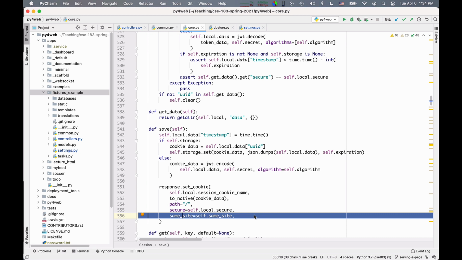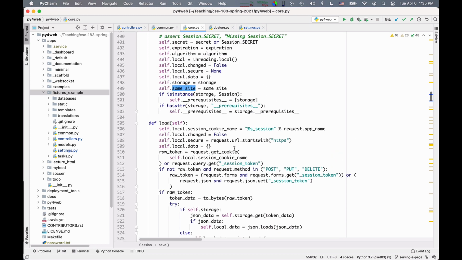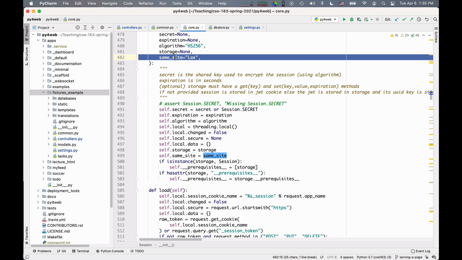And so I want to cover this in detail another time. We will have a special lecture on security. But I just want to say that this setting of same site to the default is lax, even though it doesn't sound very good. It's actually what will enable us to have additional security in Py4web.